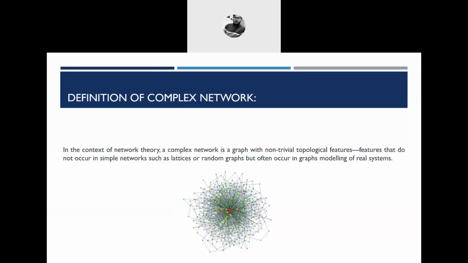First, we have to define what a complex network is. This is very simple. A complex network is basically a graph. It's a kind of connection between various entities in a web-like manner. So why is it complex? Since the number of entities is large, it's quite random in nature. Since it is random, it is termed a complex network. So that's the definition of a complex network.